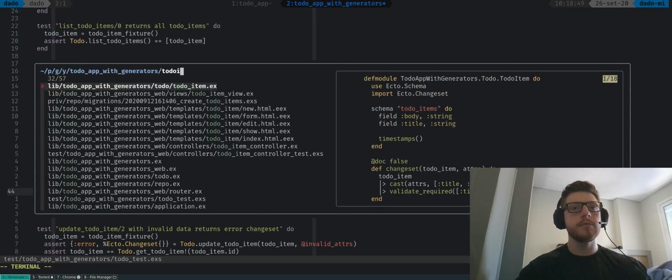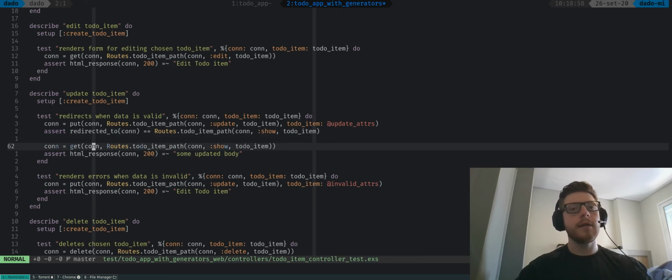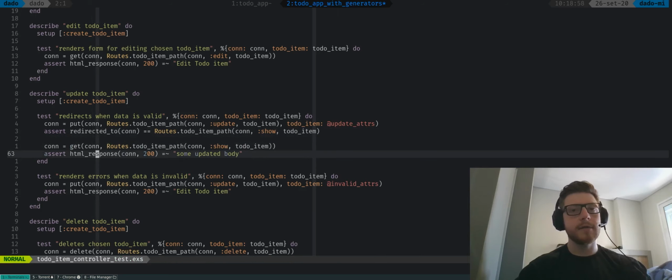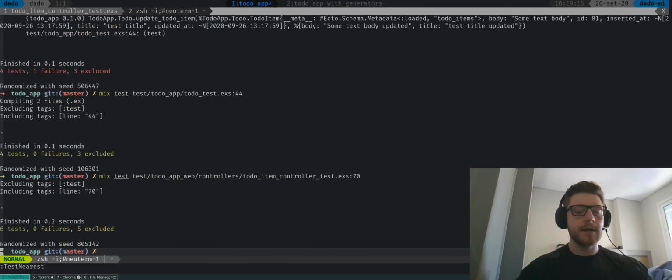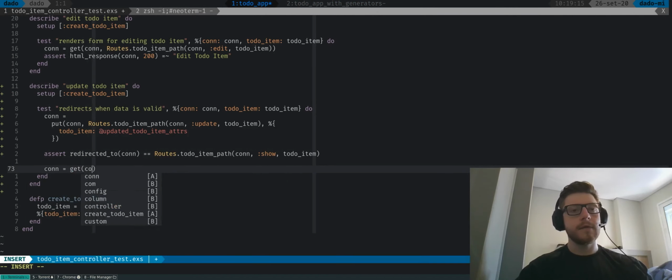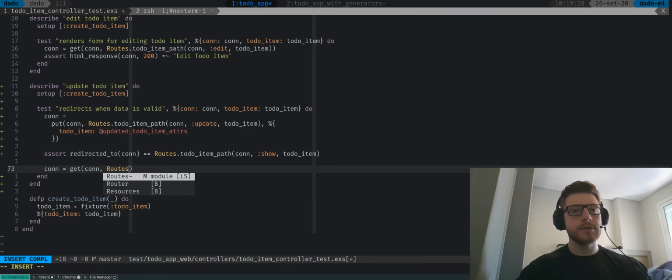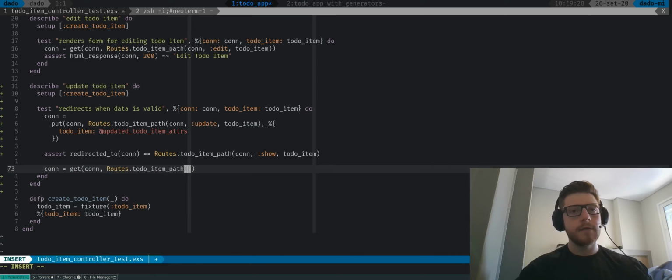We can go to the to-do item controller test. And the next thing, oh, we are getting the thing that was updated, and we are certain that we have some updated text there. We need to pass this thing in our template. Okay, so the next thing that we're going to be doing is like this. The connection is going to get a get request, passing in our connection to routes. We are going to be using the to-do item path. This is going to hit the show function, passing the